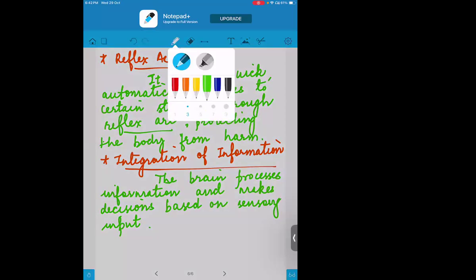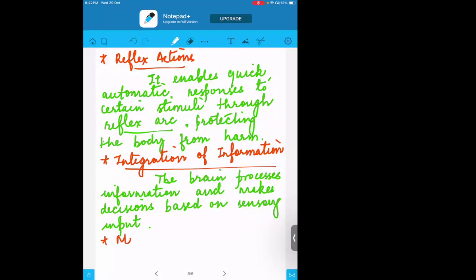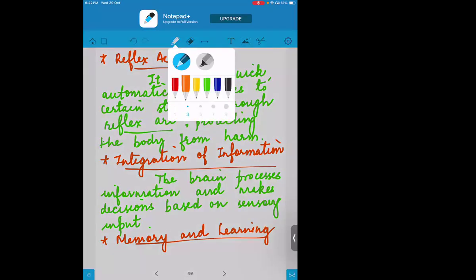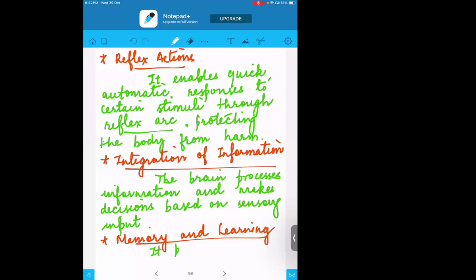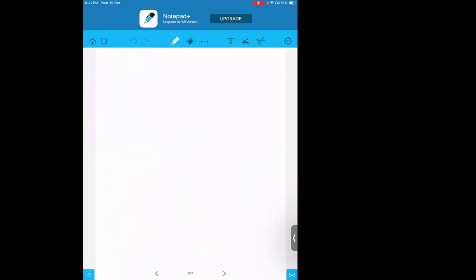And the last, which is actually what you all are doing, is memory and learning. With the help of the nervous tissue, the most important thing that happens is to understand things, to know them, and to learn them well. It plays a vital role in storing information. It is not like if I am teaching you now, everything will wash away. Out of 100%, at least 20% someone will keep in the brain, someone will keep 50%.